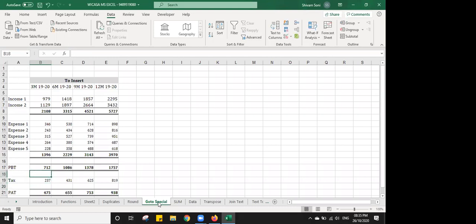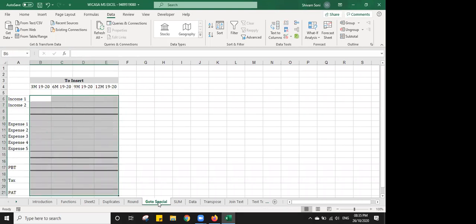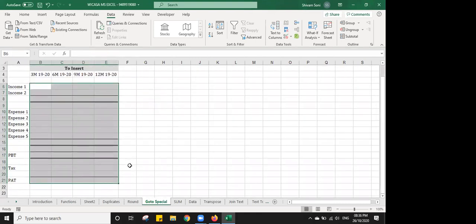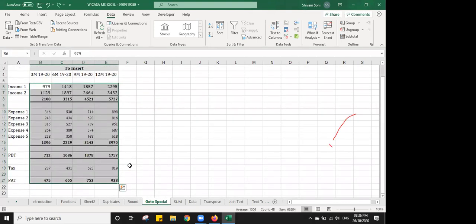Suppose my quarter has been over or this working file has been completed and now I want to use this file for another client or for another month and I want to delete this data. So I cannot simply select this whole data and press delete, because selecting the whole data and pressing delete might get your formulas also deleted.